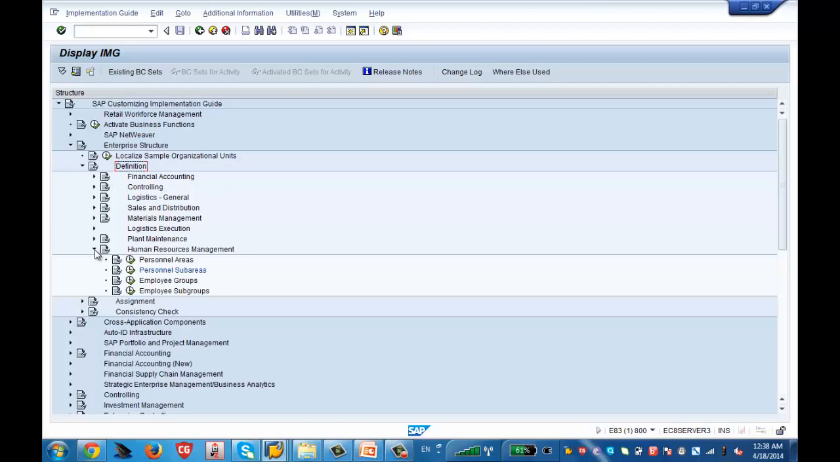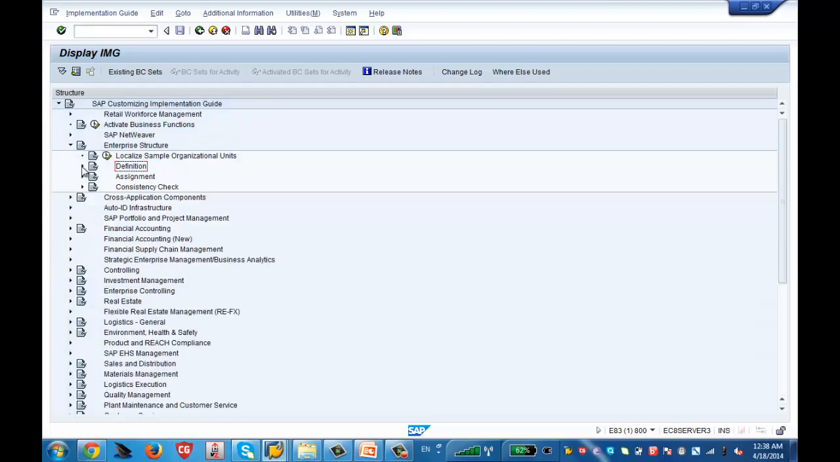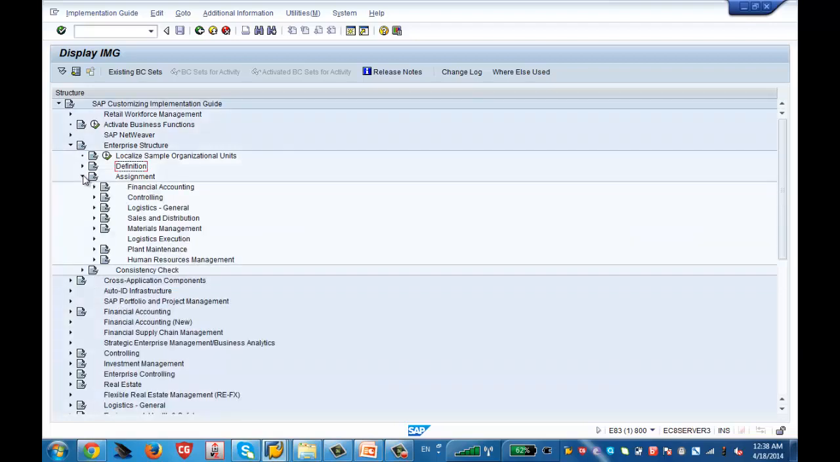So I'll close this one. I close the definition. Now I go to assignment. See, this is the assignment. I expand this one. In the assignment also, you will be working with two things: financial accounting and human resource management. So when you expand financial accounting,